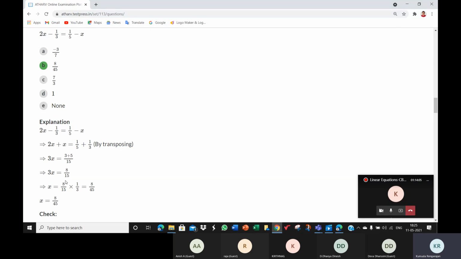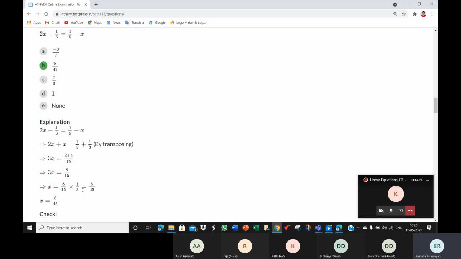But in 8 by 15, it's as if there's no place to write 3. So the other way of writing the division form is by taking its reciprocal on the other side. It's the same effect as division. You will say 3 and x are in multiplication, so 3 should come to the denominator on the other side. Yes, but in 8 by 15, it's as if there is no place to write 3 there. So what you can write is 3 is 3 by 1, and so it goes to the other side as its reciprocal, 1 by 3.